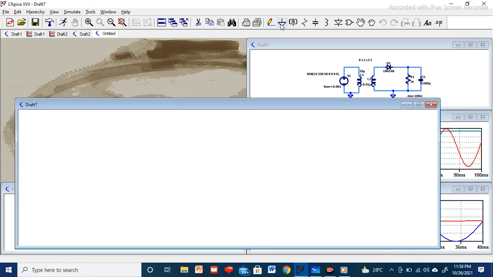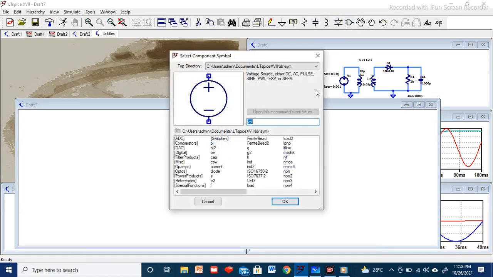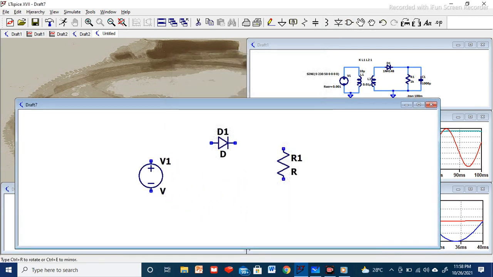Again, we'll take one resistor and place it as R1. We'll select a diode, Control R, you have to press two times, so we can place D1. We'll select a supply voltage source and place it like this.